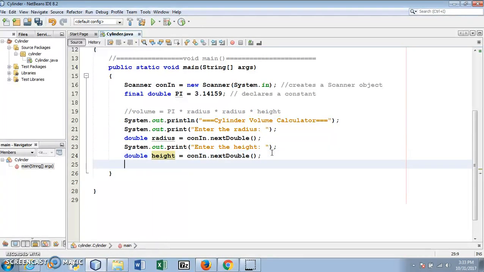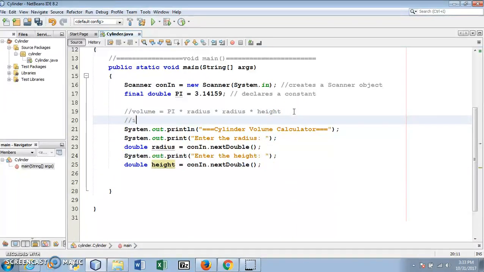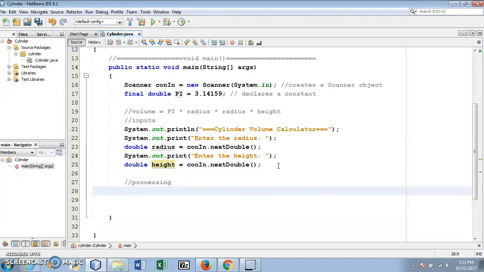Okay, so I got that. So that's my inputs. Now I'm going to do my processing. And that's nothing more than double volume is assigned the value